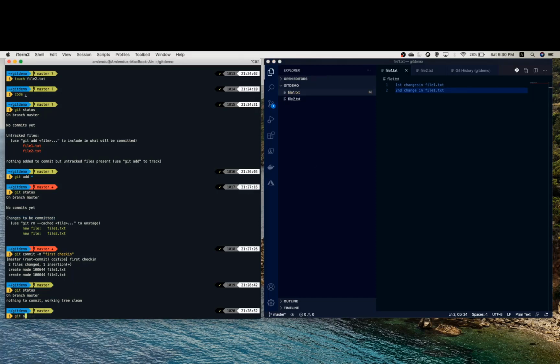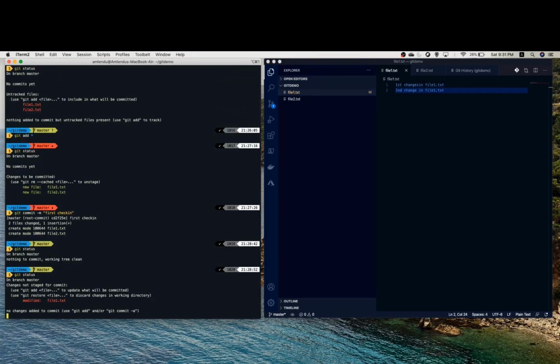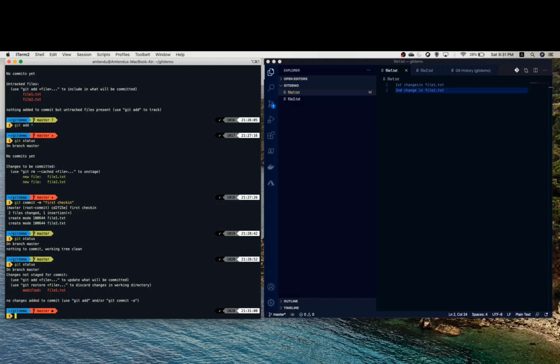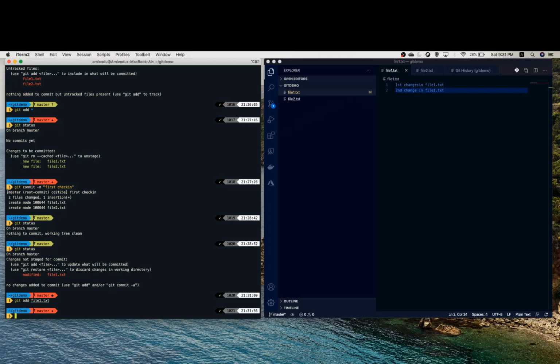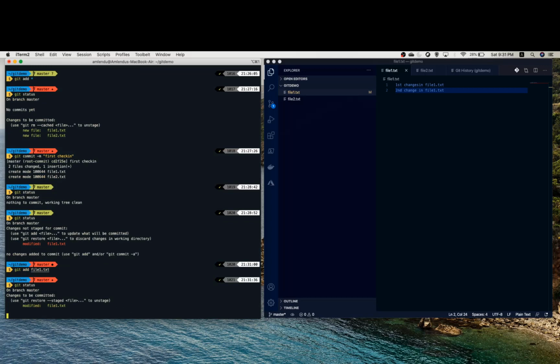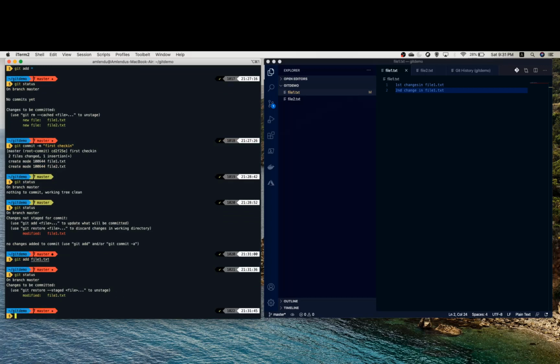Now in the repository we will again check the status. What we are seeing here is that file 1 has been modified, but it is not yet staged. You can also see a change in the status, like it is M, which means that it is modified. Now we will again execute the command git add file1.txt. Next we will again execute the git status command, and you can see there is one change to be committed.